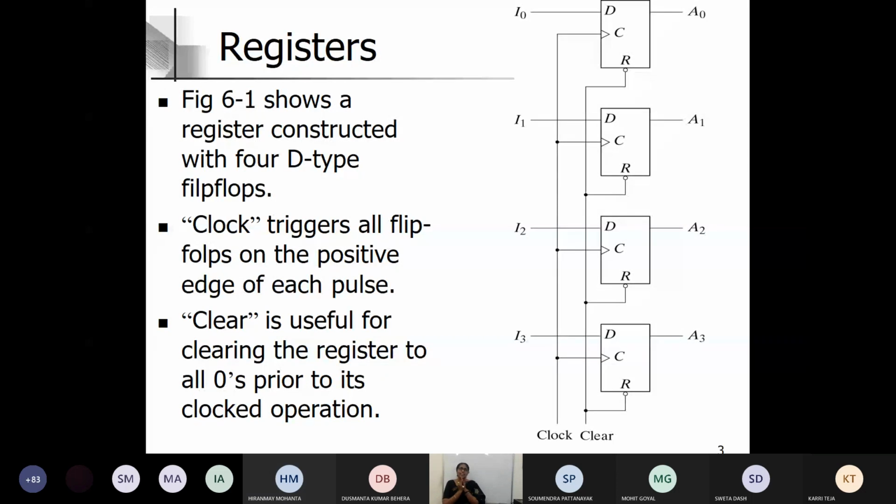Okay, so now I can clearly say these four connected D flip-flops are acting as a register which stores the information I0, I1, I2, I3 for some time, then gives the same A0, A1, A2, A3. That's all. So isn't it a register? Because it's a D type, nothing else is there. The only thing is, to enter the information, we have a clock pulse. To take the output, we can use another timing signal, and every time after every interval we are